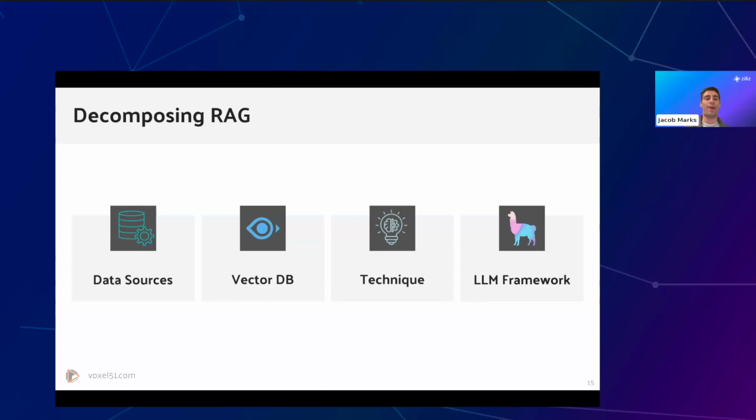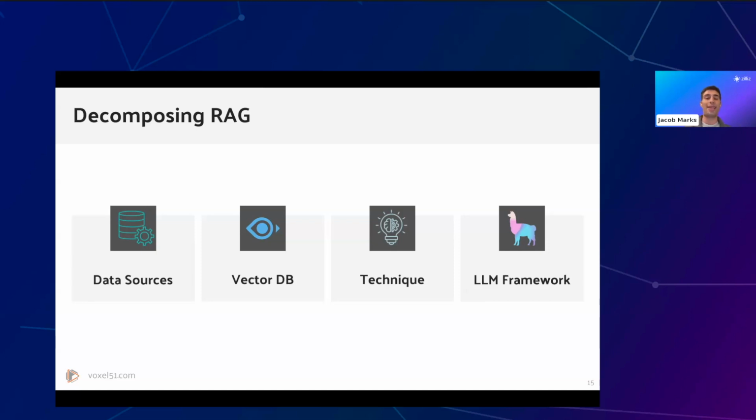The second thing is the vector database, and sometimes this is called the retriever. Sometimes it's called a vector search engine. Milvus is a great example. It is the leading open source vector search library. It has the most stars, the most usage, all of that. So vector databases allow you to basically index all of the data in your data sources and to find relevant data based on a query or based on some transformations applied to that query, and then to pass those relevant documents along to the rest of the process.